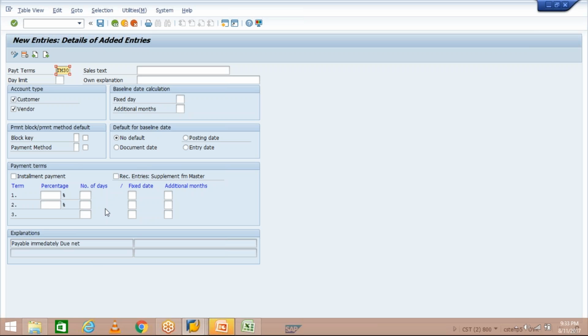So simply, what are we going to do? I'll let you know. Simply enter the number of days here. See, right now we have not entered anything, so see here the explanation appearing downside: payable immediately due net. It means we have created terms of payment TM30 and we have not given any kind of criteria. It means by using this terms of payment,